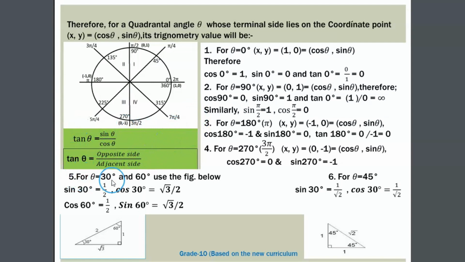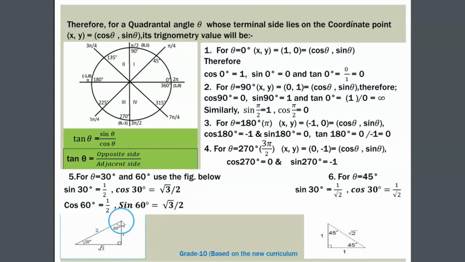እስካሁን ያየነው ለኳድራንታል አንግል ነው። አምስተኛው ላይ ግን for special angles, theta 30 ዲግሪ 60 ዲግሪ and 45 ዲግሪ ምን ይሆናል የሚለውን ነው። ኳድራንታል አንግል ስላልሆኑ እነዚህ ስፔሻል አንግሎች ናቸው። የእነዚህን አንግሎች ትሪግ ቫልዩ ያለምንም ካልኩሌተር ቫልዩዎቹን ባይሰጠን እንኳን እንዴት በራሳችን ማወቅ እንደሚቻል እዚህ ጋር ለማየት እንሞክር።